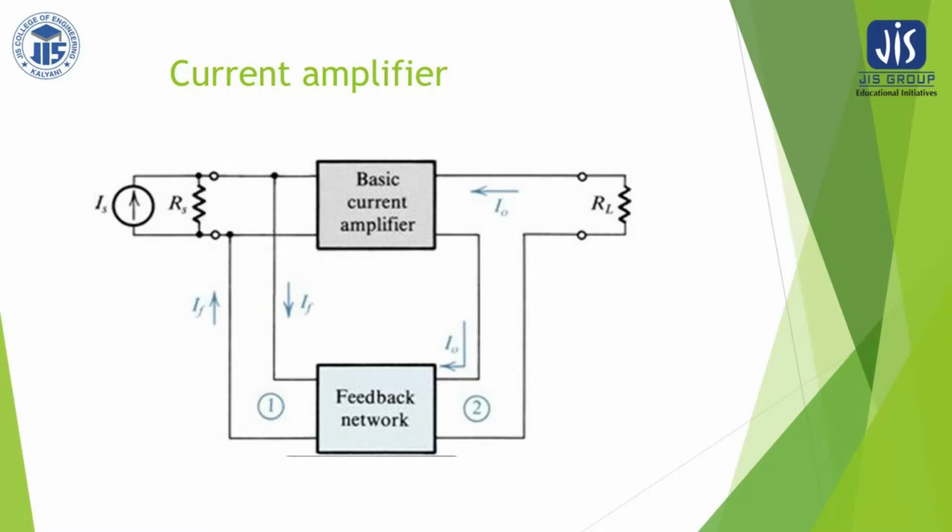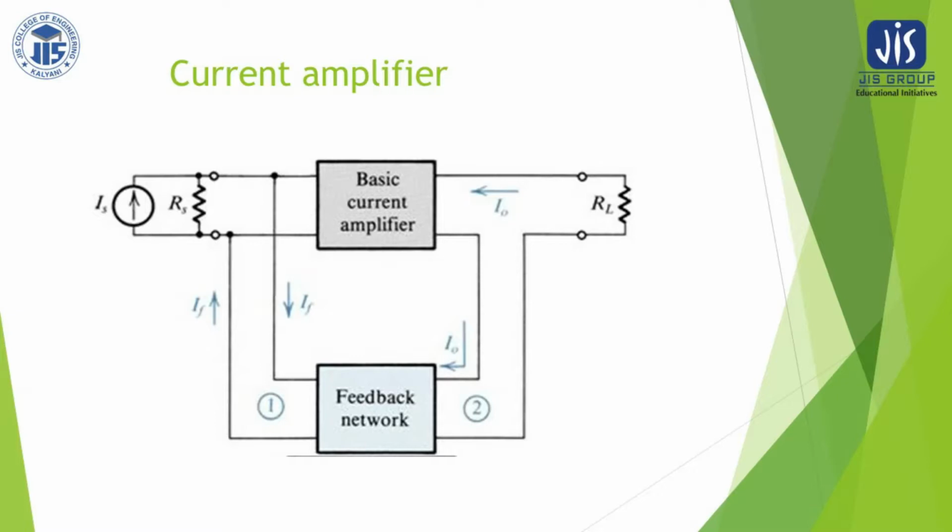Now see, this is the current amplifier. What we have changed in the circuit, you see, within the basic amplifier there is the input impedance remains same as is in the earlier case for voltage amplifier, and this is the current gain A, that is amplifying the input current Ii by A times, and this is the output impedance which is coming in parallel to the current source. Now this is a dependent source because it depends on the input current, and this is the load resistance. So therefore, within the basic amplifier there is a small change in this side, and this one is the current source, which is a Thevenin equivalent current source.